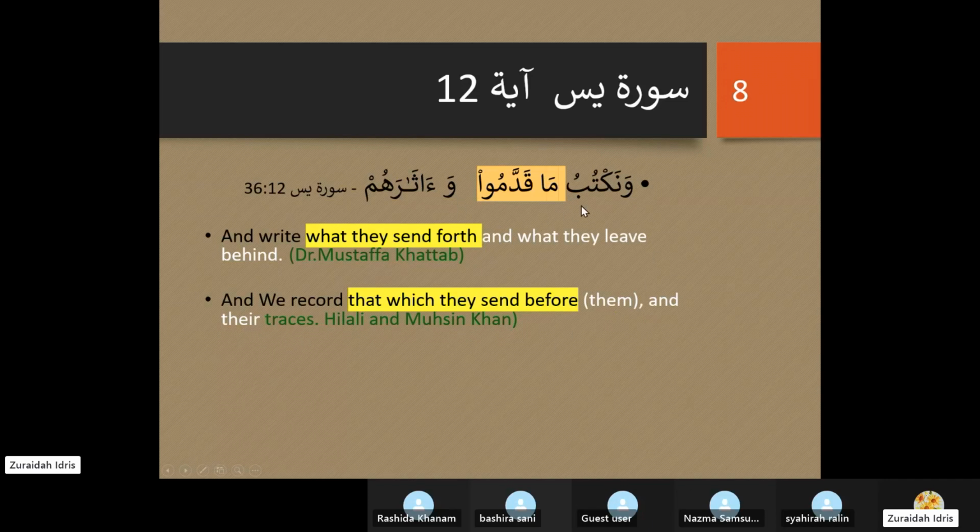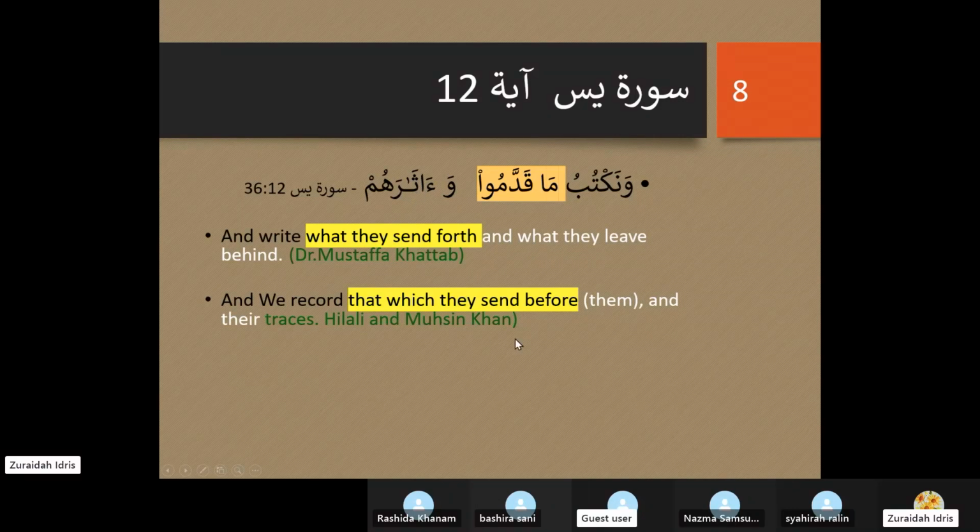Remember, in the Quran, when we see isim mausul or when we see ma used as masdari, usually it is to imply something that is done again and again. It's continuous. Whereas asarahum is something that's already done, the effect of what they have done. So it is more permanent. They don't use a fi'il, they use an isim.